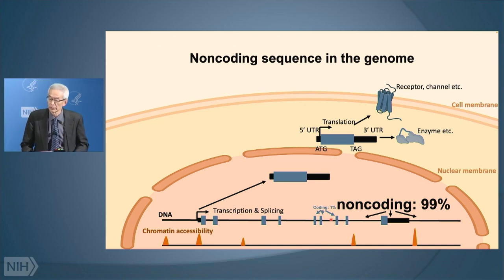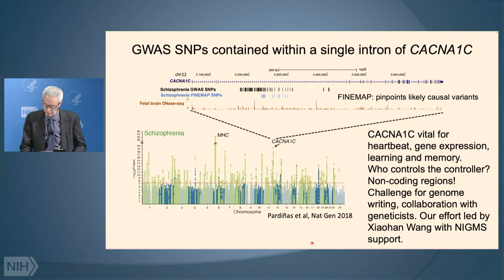What's it there for? It's to regulate the encoding parts, either by making the chromatin inaccessible or accessible, or allowing various transcription factors to bind. And to skip to the very end, we are focusing on CACNA1C because about half the length of the entire gene is made up of one intron, and that intron harbors the SNPs for schizophrenia and the other major psychiatric diseases, even if you narrow them down to ones that are, by Bayesian analysis, thought to be causal.